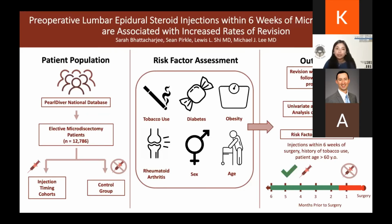We further broke down patients who received these injections into biweekly timing cohorts based on their most recent injection prior to surgery and compared them to a control group of patients who received no injections within those 6 months prior to surgery. Risk factors were determined using univariate analyses, and those that were observed to be significant were then included in a follow-up multivariate analysis, which